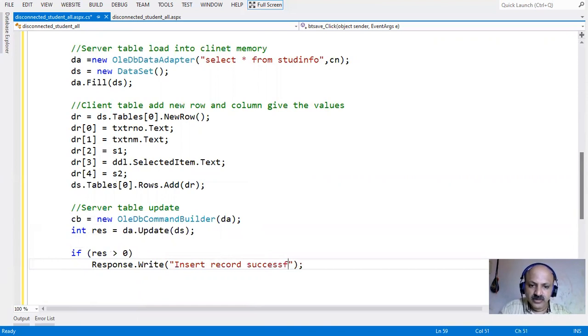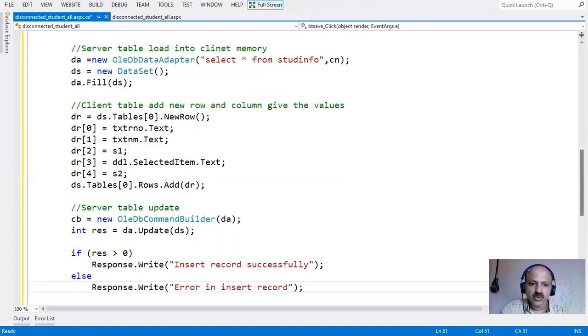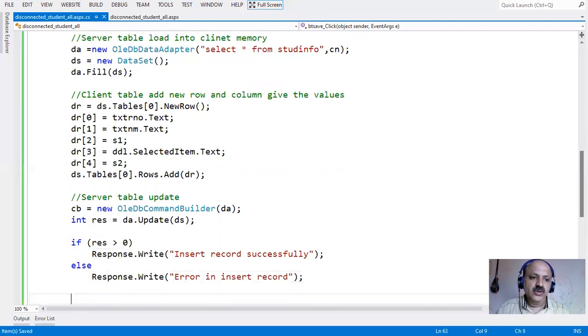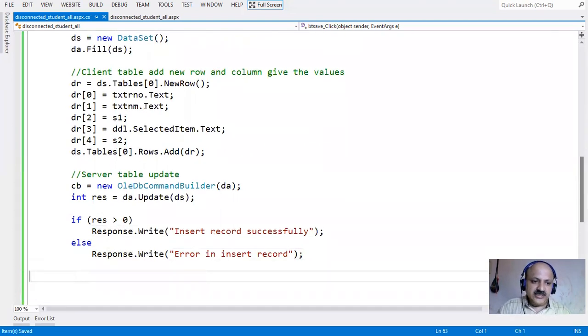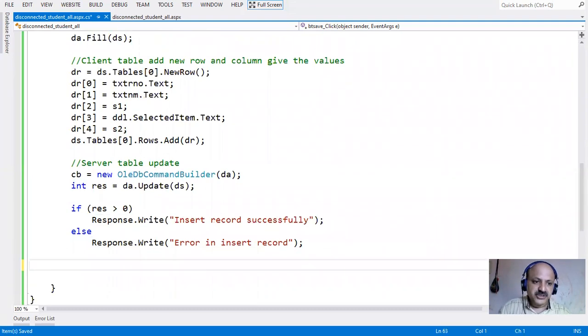Okay, and else part, response dot write, and here we can say error in insert record. Okay, so that is finished. So that is the insert operation in disconnected architecture.